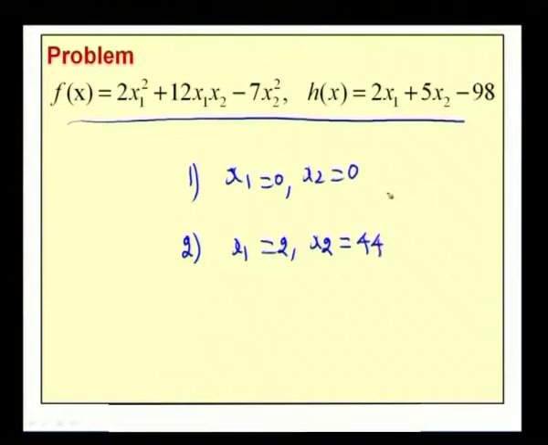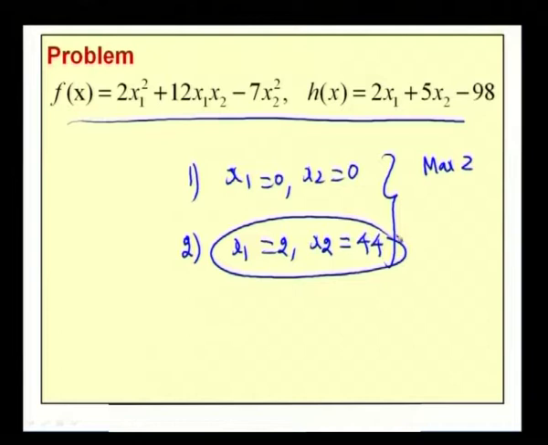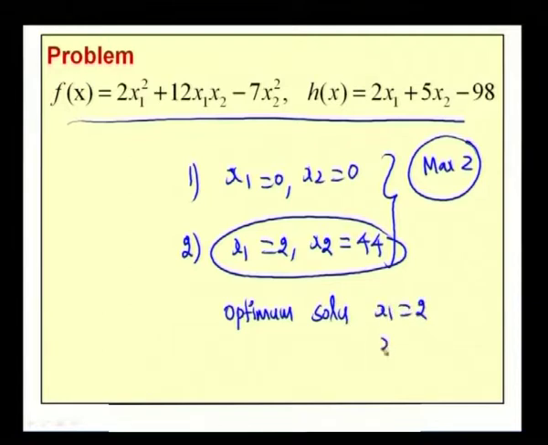Now, since the given objective function is to be maximized, we will get the maximum z value for this x1 and x2. Out of these two possible solutions, we are getting the maximum objective function for the value of x1 equal to 2 and x2 equal to 44. Therefore, the optimum solution for the given nonlinear programming problem is x1 equal to 2, x2 equal to 44 and the corresponding maximum z equal to